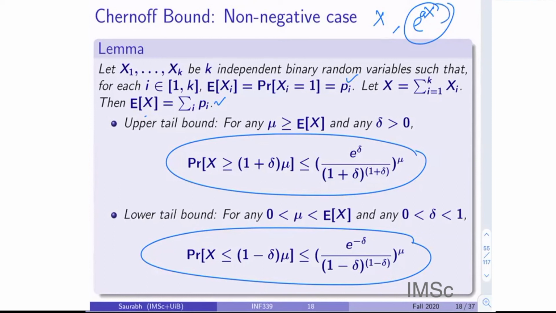So given x, what will you say? Well, I am interested in the probability that x is greater than a, which is the same as the probability that e^x is greater than or equal to e^a, and for this you apply Markov's inequality, which will give you these kinds of upper bounds. So this is a good exercise to try, or look into the book which we are going to refer to. And there are several special cases of Chernoff bounds.